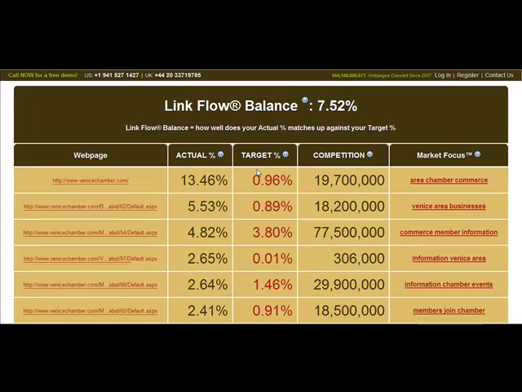The third column is the target percent, or what it should be based off of the basket of market focuses currently assigned to that document. The market focus, if you're unfamiliar with, there's a market focus details screen tutorial out there, and I highly suggest that you take a look at that. So we're not going to cover the market focus details screen today. We're not going to get into the details of how to change the market focus basket,